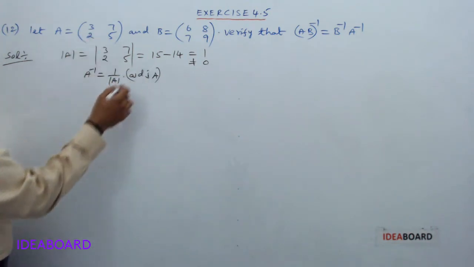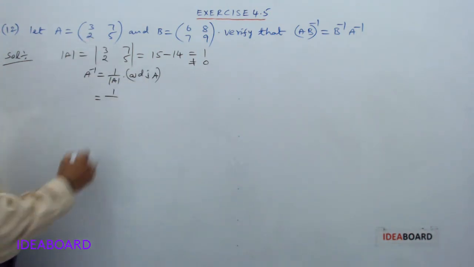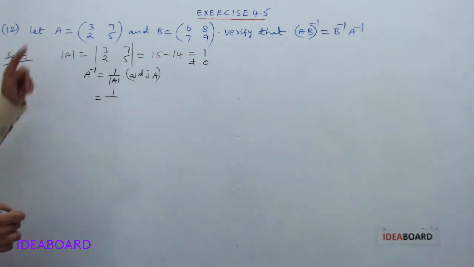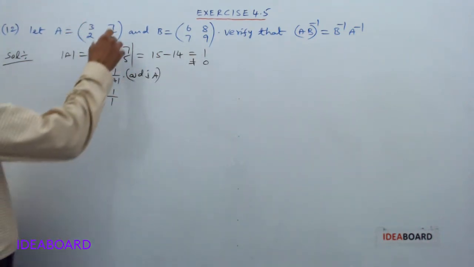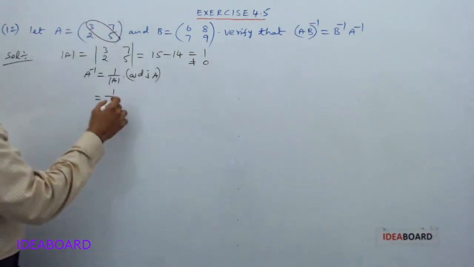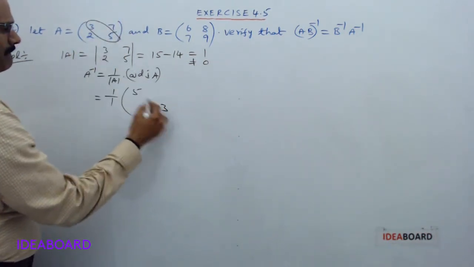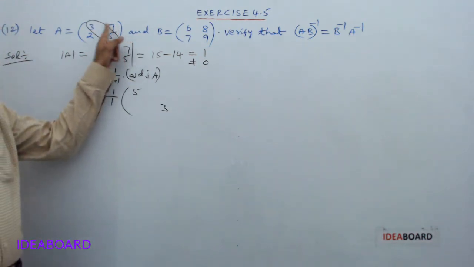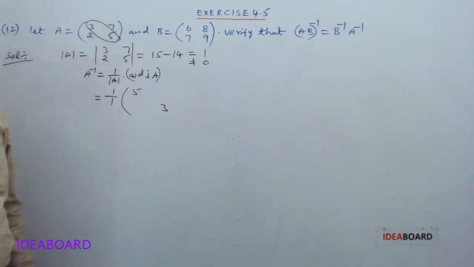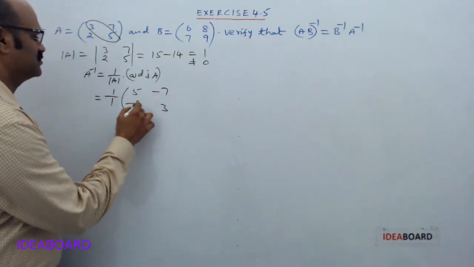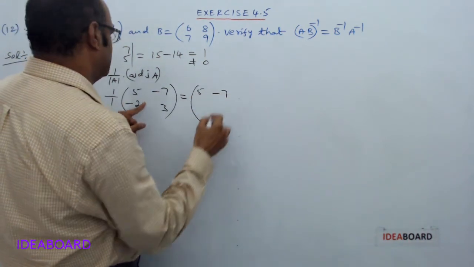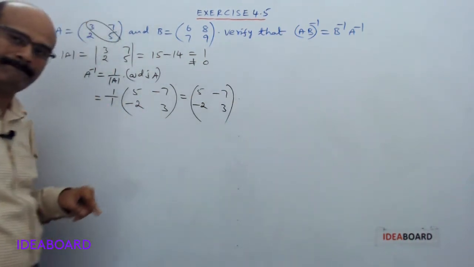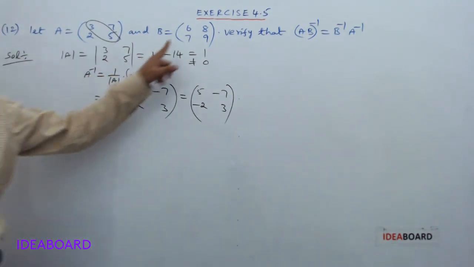So we can write directly also adjoint of A equal to 1 by det A, here we have 1. Interchange these two, 5, 3, and change the signs of these two, minus 7, minus 2. So A inverse equal to, here we have 5, minus 7, minus 2, 3. Next,